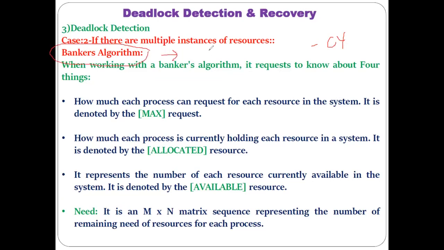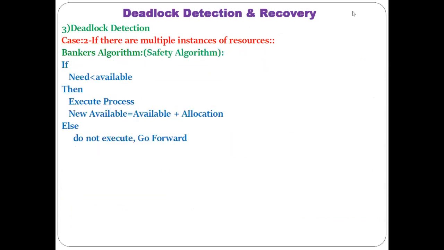And in the banker's algorithm we apply the safety algorithm. What do we apply? The safety algorithm. That safety algorithm we'll discuss in the next slide. So that safety algorithm will tell us whether the system remains in the safe state or the unsafe state. This is the general overview of the safety algorithm I have shown you. In the practical session also we have discussed it with an example. Okay, so this is the safety algorithm.